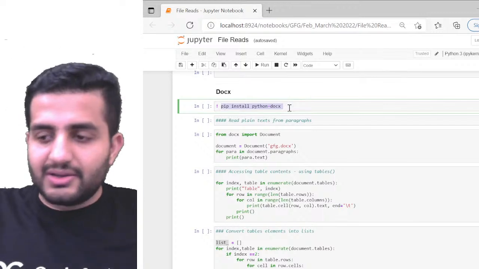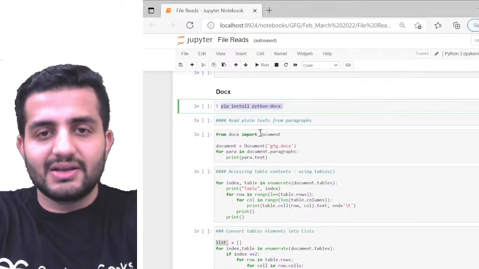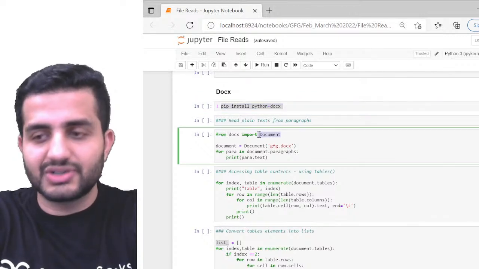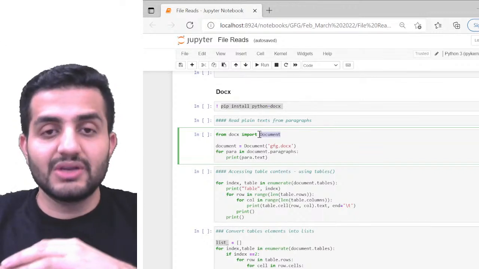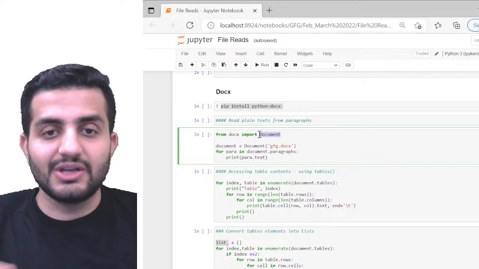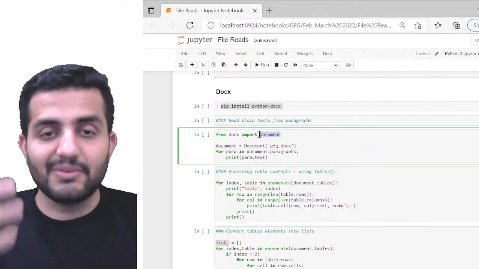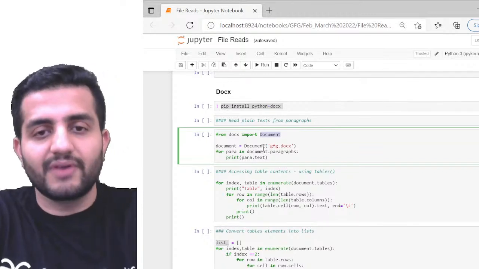Okay guys, so coming back, quickly let me show you what I meant. Okay, so now in this docx library, from docx I'm going to import the function Document. This Document is the function which is eventually working like pd.read_csv in pandas for reading a csv file, right? So this is almost a similar function. I mean, not the same, but it's doing the same job. It is loading up the docx file for me. So this Document function, okay.